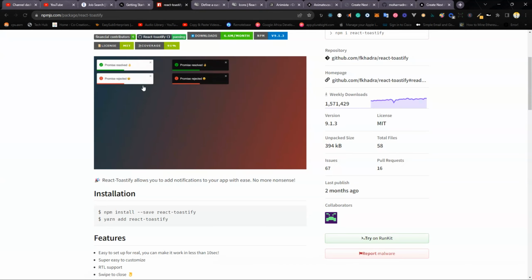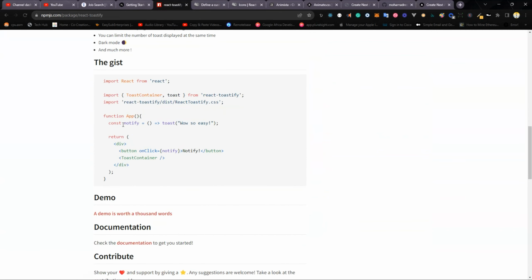So finally we have this here. So now what we're going to do is implement the toast notification, and for that you can see the implementation here. So what I'm going to do is just import this toast container and then place this toast container. So I'm just going to copy this